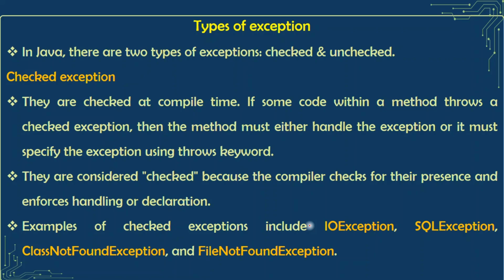Such types of exceptions can be IOException, or SQLException when we want to manipulate a database. So we're going to use SQL. SQLException is under this checked exception. So we have to declare the exception and we have to catch the exception, right? The others are ClassNotFoundException and FileNotFoundException. Right here, we may be trying to access a certain file